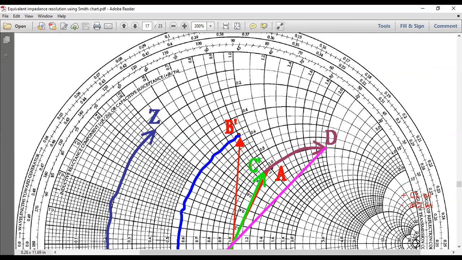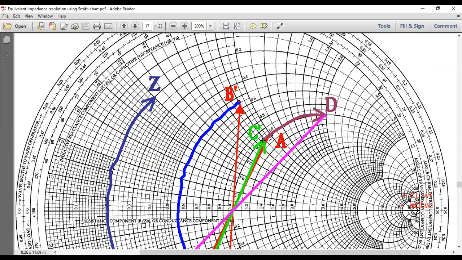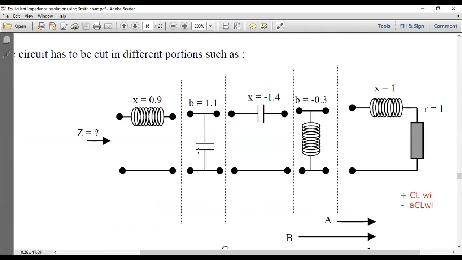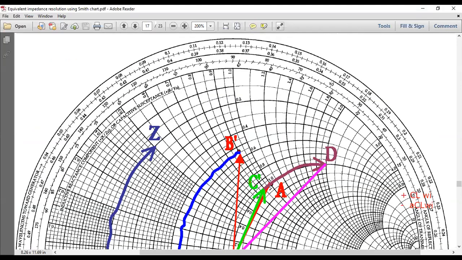This is drawn on the same circle, the circle of 1, where you got C. So you got to D. Now only the last point remains. What is the last point? Again it is in series. We came here. 1.1 we have added. Now the last point is 0.9. So D we reach here.